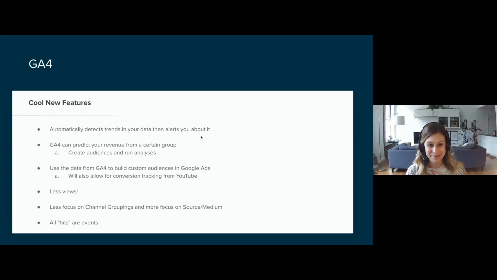The other thing that I'm excited about, but is maybe more of a bummer for some of our destination clients, is you will have fewer views available in GA4. What a view is, if you've ever decided, you know what, I only want to see traffic to this particular part of my website, I only want to calculate all of the traffic coming from maybe my weddings website. If that is something that is active right now in Google Analytics, you'll have fewer opportunities to do that in GA4, because what Google Analytics has discovered is that people actually see better information when they use filters effectively